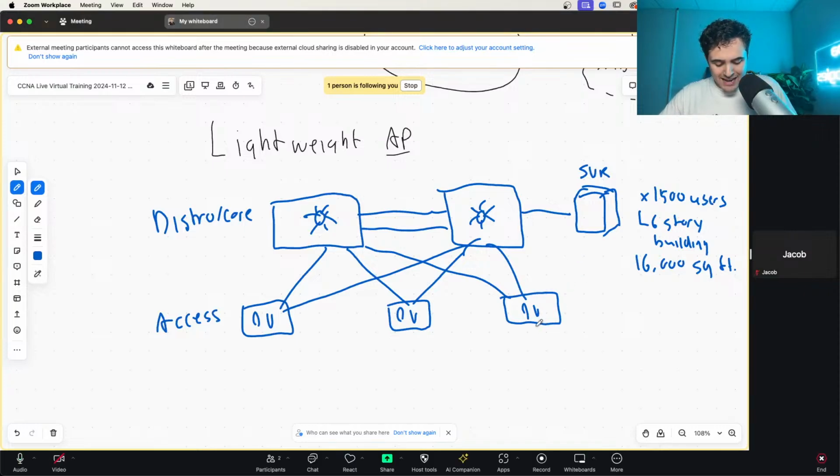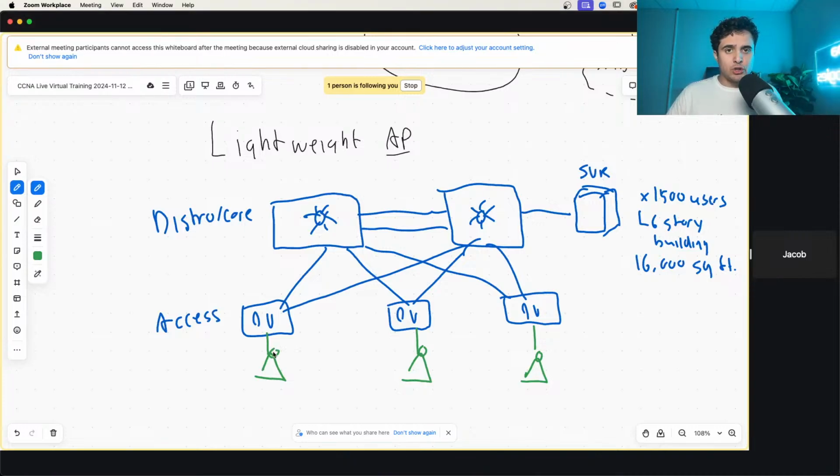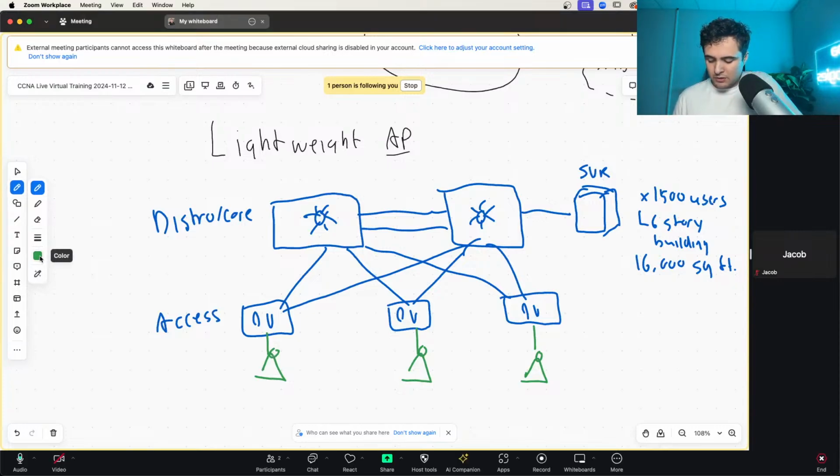So our lightweight access points, I'm going to draw them in green over here. They're going to be controlled and managed by what's called a wireless LAN controller. So that wireless LAN controller typically is going to be sitting at this distro layer connected to our more robust switches, right? So let me draw that out here. So that wireless LAN controller